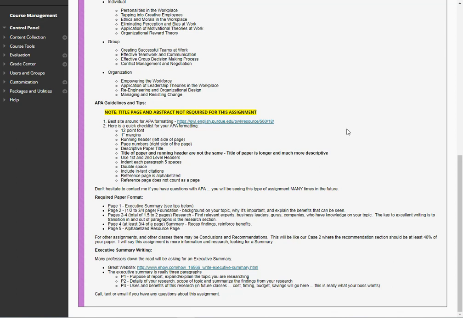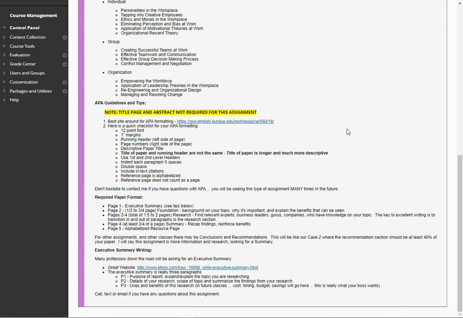Now, page 2, basically it's going to give me the background, why you're interested, what's important to it, what kind of benefits can be gotten out of the topic that you're researching. Pages 2 to 4, basically 1.5 to 2 pages on your research, looking at what those aspects are. So you're going to have somewhere between 2 to 4 pages of those types of things. Somewhere in that 2 to 4 range. So a total of 2 to 4 pages, and that's your research.